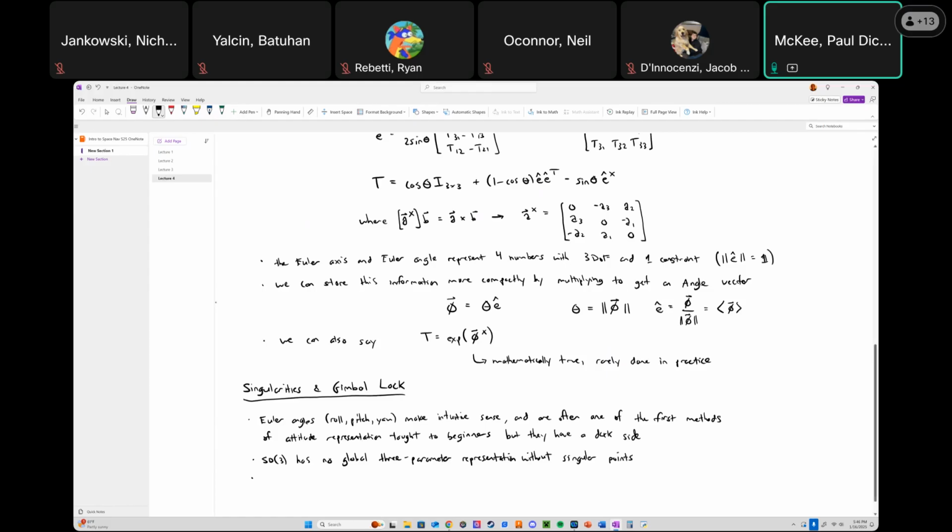In plain English, whenever you choose a 3-component attitude representation, you're dancing with gimbal lock,